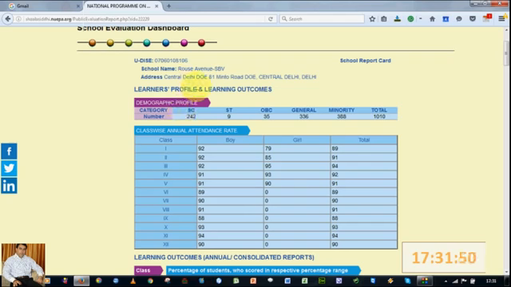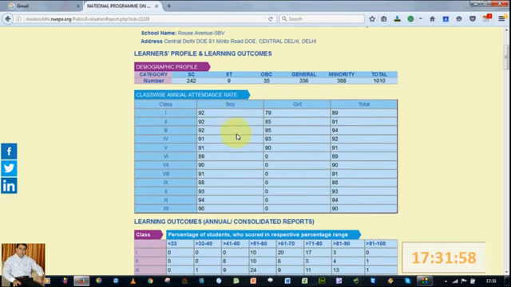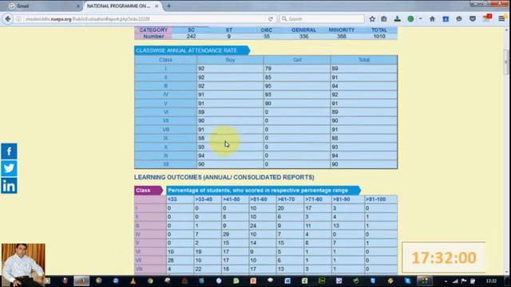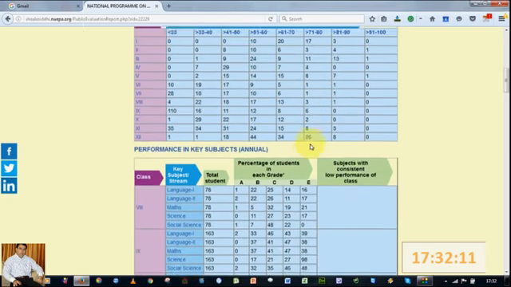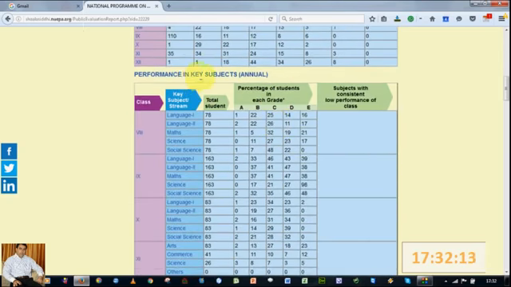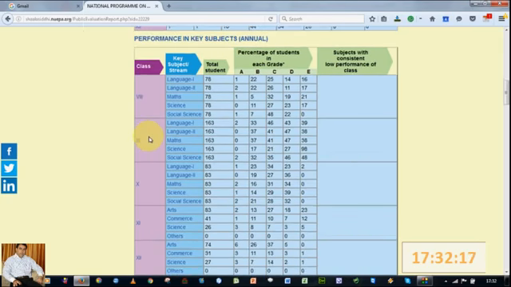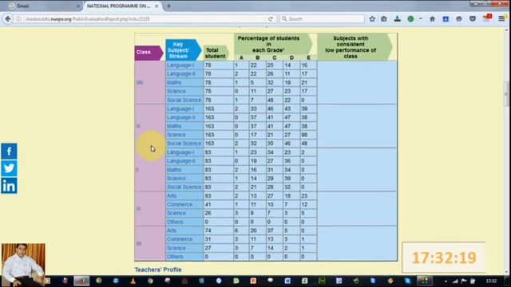So learners profile and learning outcome, under which demographic profile is there, class wise annual attendance rate is there, gender wise and total, class wise and gender wise. Learning outcomes, that is annual and consolidated report, class wise, and percentage of students who scored in respective percentage range. Similarly, performance in key subjects, that is also annual, class wise starting from class 8th, 9th, 10th, 11th and 12th, and